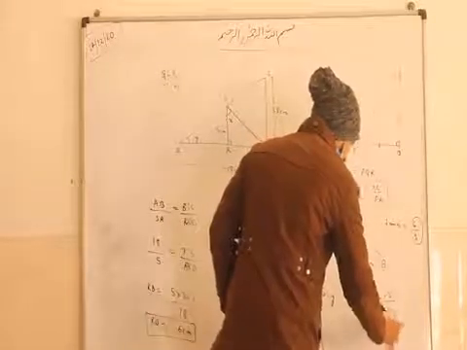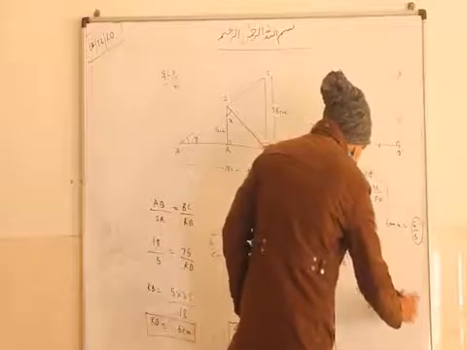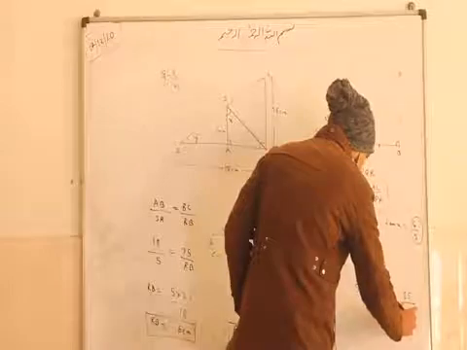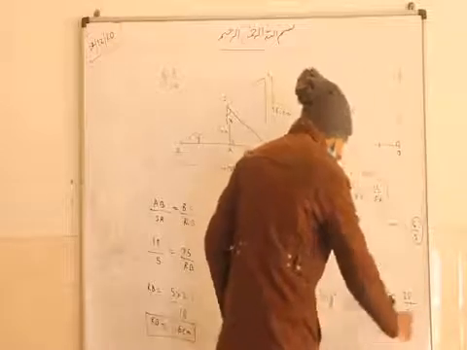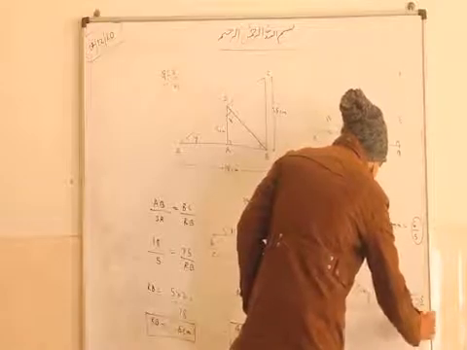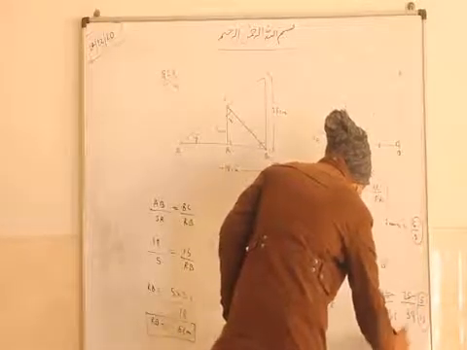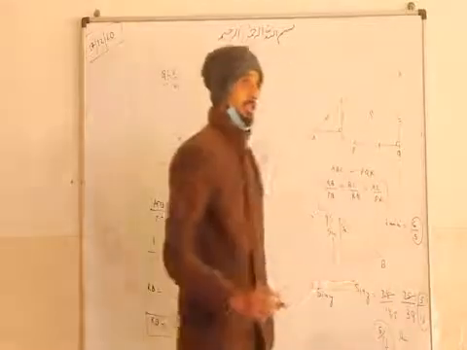The point will cancel out. 5 ones are 5, 2 is left, 5 fives are 25, 5 threes are 15, 5 nines are 45. Again 3 fives are 15, 3 ones are 3, 3 threes are 9. So 5 by 13, sin y is equal to 5 by 13. This is your answer. Understood this?